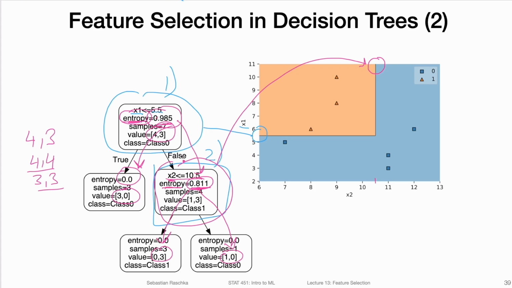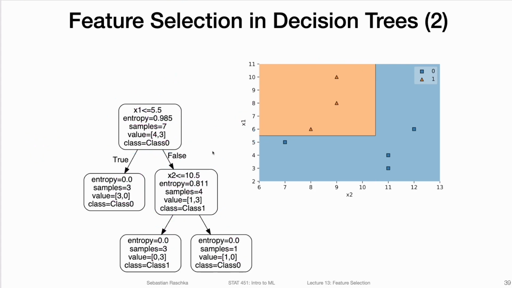But one thing you can already recognize here, if I delete the annotation for a second, is that decision trees have to decide which features to use. So there is a feature selection going on here implicitly. So in logistic regression, all the features are used all the time. It's a weighted sum, except of course when we use the L1 penalty, where some features get zeroed out, right? Here, we only use one feature at a time. There is no weighted sum. First, it decides to use feature x1, and then it decides to use feature x2.